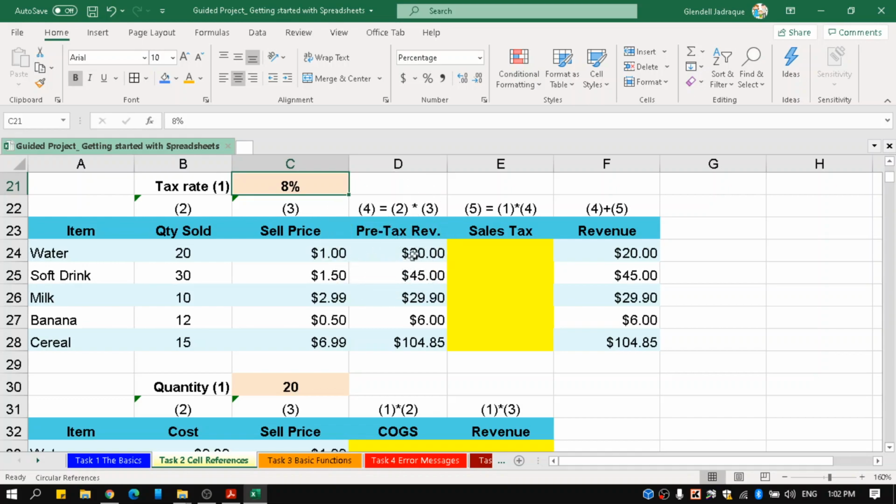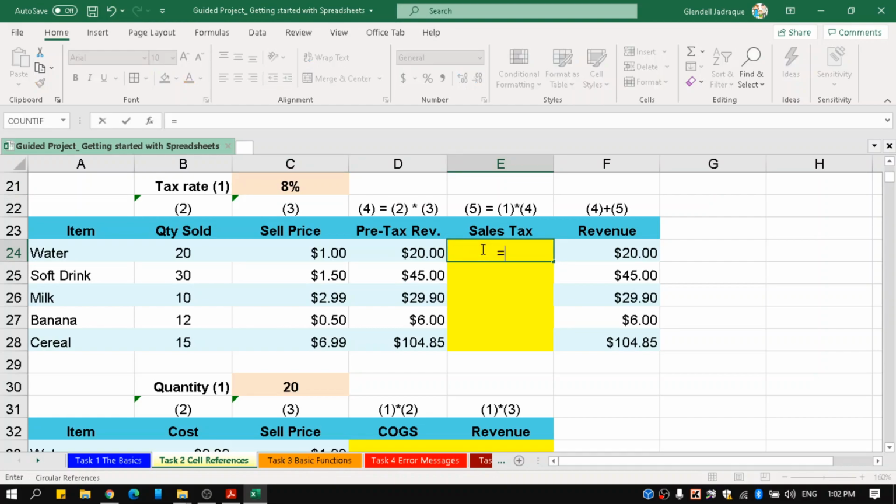I got some of these pre-calculated already. So first to do this, we need to put the equal symbol. And since every cell down here will always depend on this cell C21, C21,